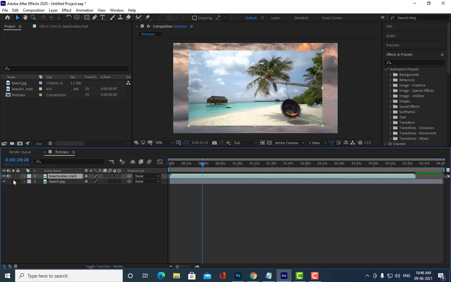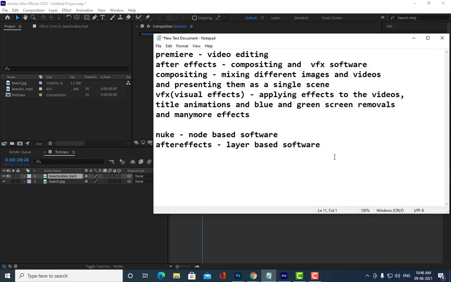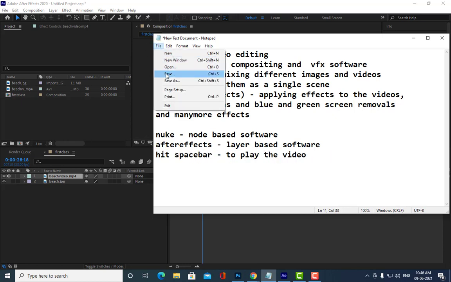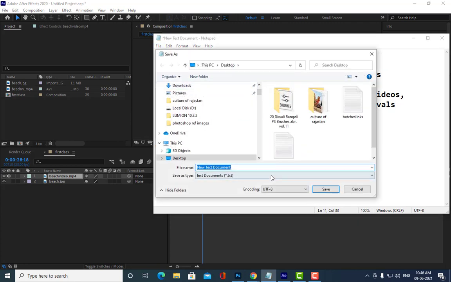And to play the video, understand this, hit the space bar to play the video. If you don't remember this, please make a note of it.